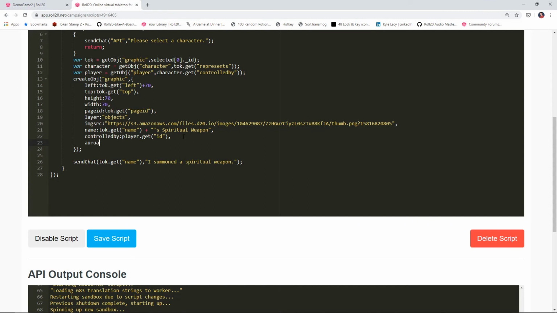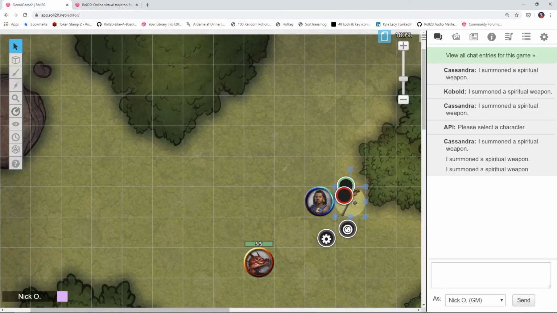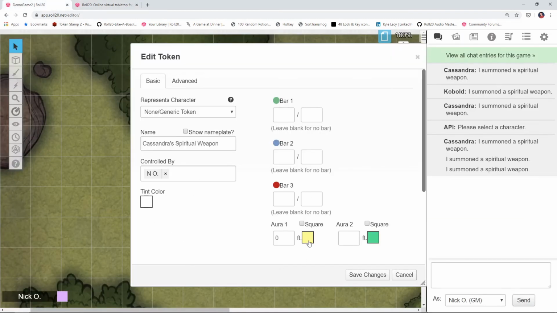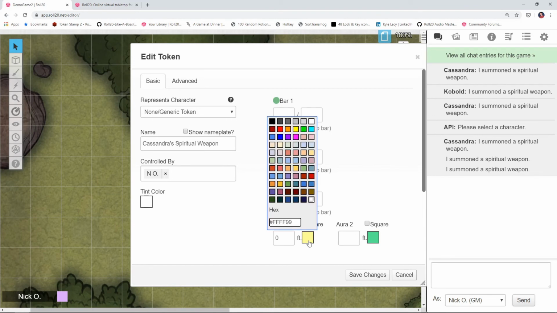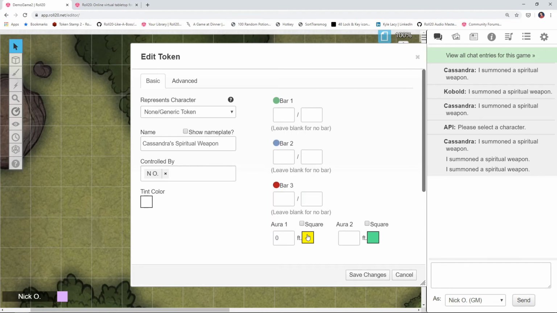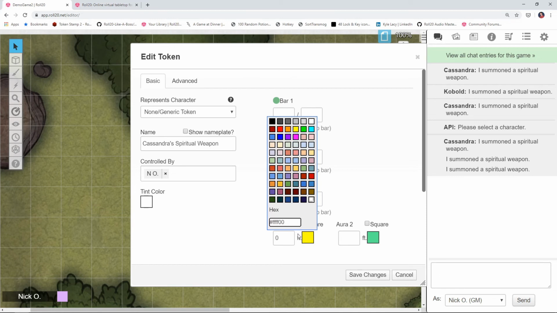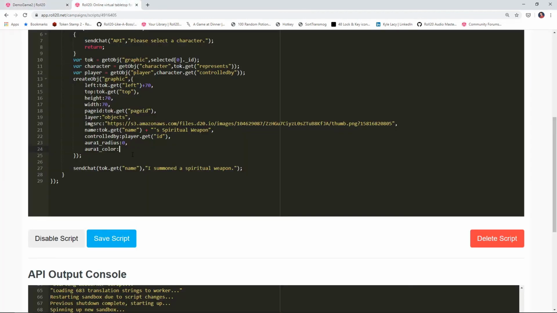And our new properties are going to be aura1_radius. That'll let us define how big the aura should be. We're going to set that to 0 like we just did in the dialog box. We're going to set the color of aura1. And the color is going to be a hexadecimal value. You can actually see that when you hover over the color window right here. So when you click on this, the value that's currently selected is what's displayed right here. So hashtag 4F, and then 00 will give me that yellow color. That's what I want. So we're going to jump into that. So that's going to be